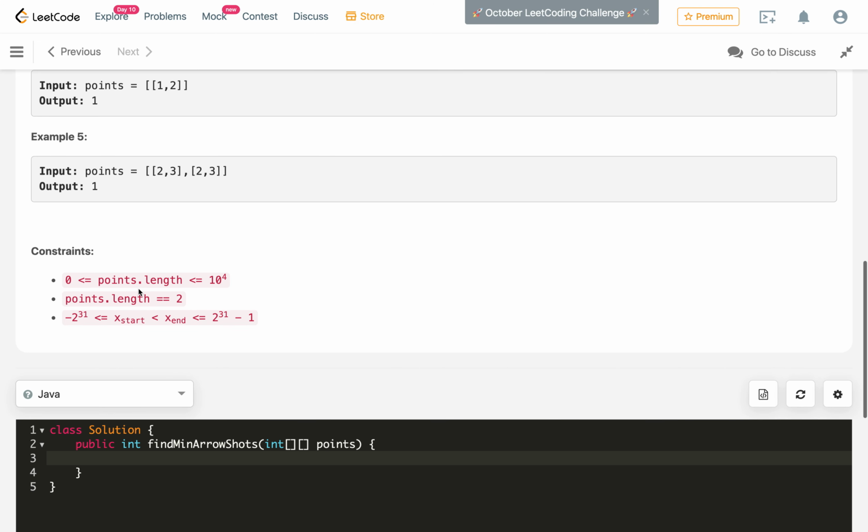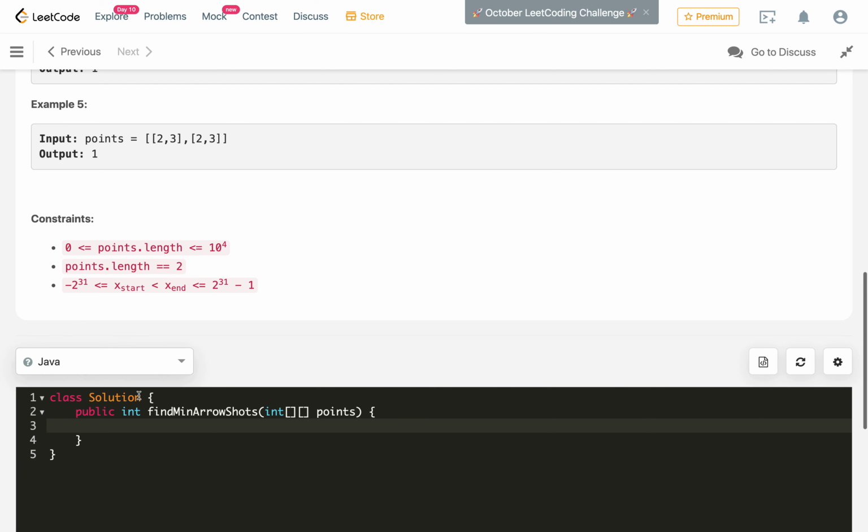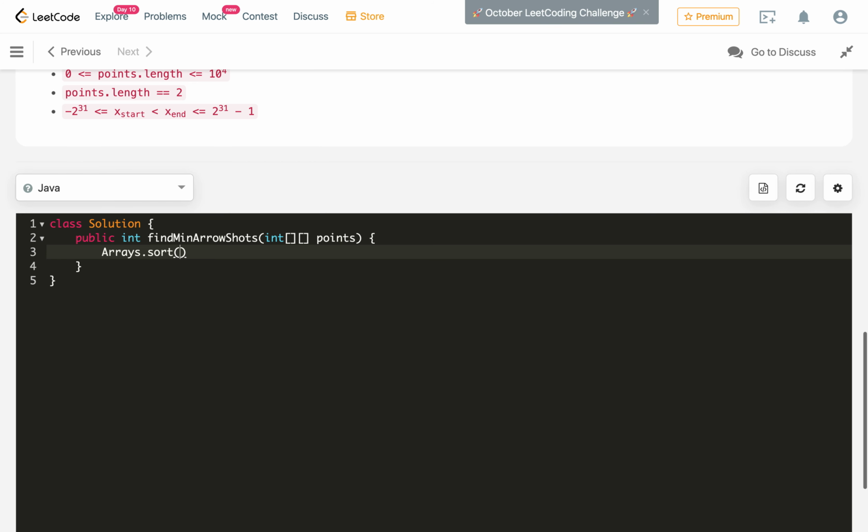Let's see the constraint, like the length can be up to 10 to the power 4. So let's quickly implement. For implementation we will use the array sort method. You can use the sorting method in your choice of language. In Java I am using Arrays.sort, and I will pass the points. So if I get 2 points, let's say A and B, then I will just sort based on their Integer.compare